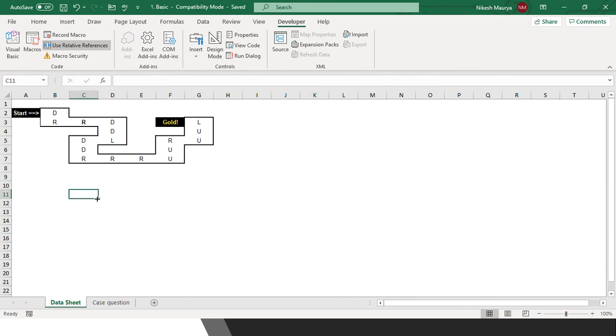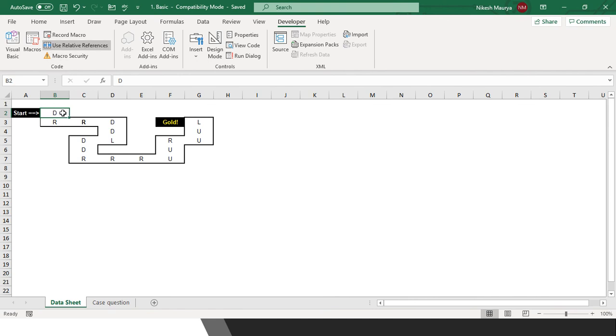We will make buttons so that you can understand how it went. Let me repeat what I have done. I was at some random position. Suppose I am at the position required for A2 to B2, and I have used relative reference. What relative reference does is, when you are at some position and you have given a command to move, it records it, and if you click that command again, it will move from the position where you currently are. So it is using relative reference.